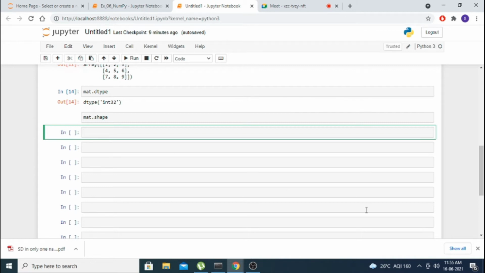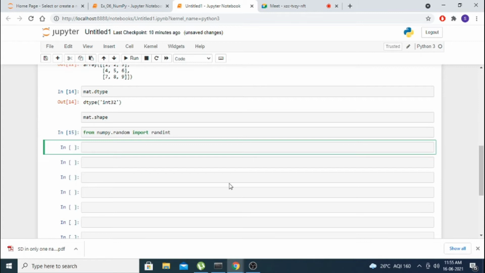You can avoid this with one statement: from numpy.random import randint. From the numpy library, in the random package, I am importing the randint function. Now there is no need of giving numpy.random.randint; you can just give randint.